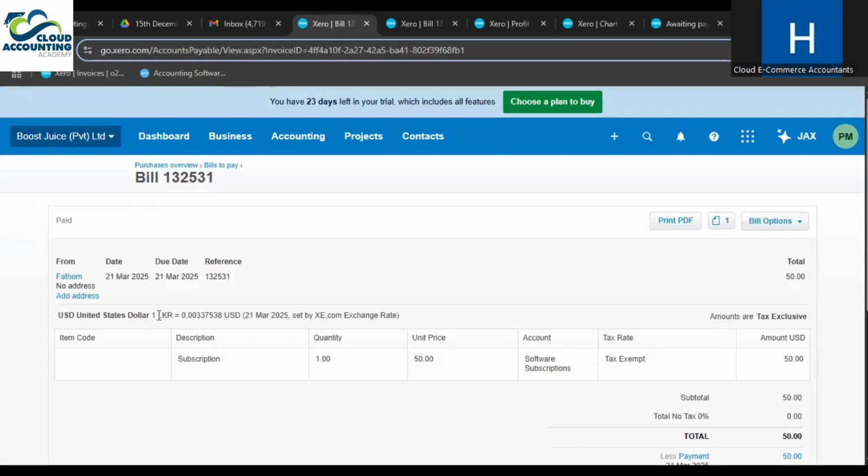So this rate you can see here. Now, before we mark it as paid, we have the option to edit the exchange rate, like I showed you. That rate you need to update there. You can't take the XE.com rate, because XE.com actually provides mid-market rates. We have to take the selling rate,